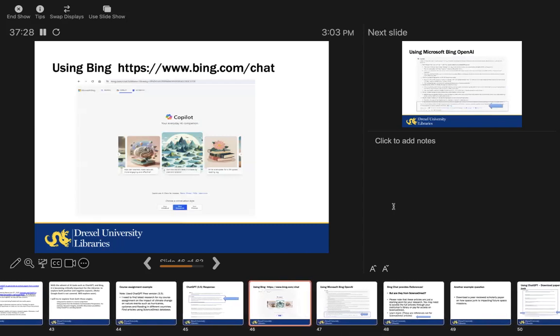I did the same search in Bing, and again, this is something new. When I did it six months ago, it was completely different in Bing. Now I'm getting three options: choose a conversation style, which is creative, more balanced, and more precise. Did anyone try any of those different styles in Bing? No? I strongly encourage you to do this, just for fun exploring. Try different options, see what you get with the same question, and compare those responses.